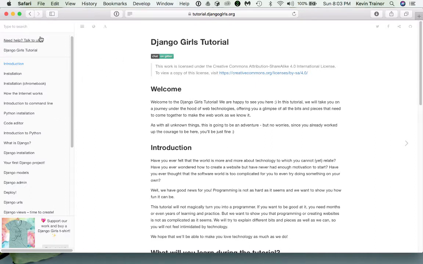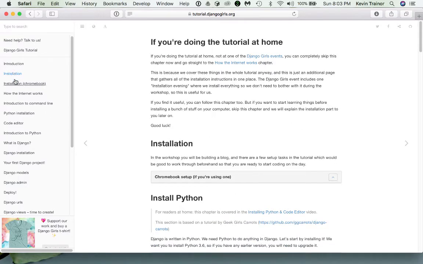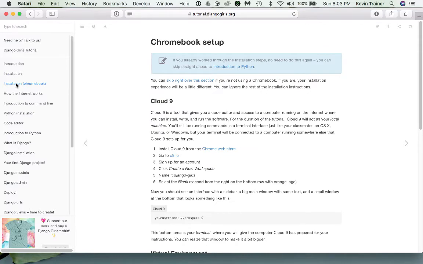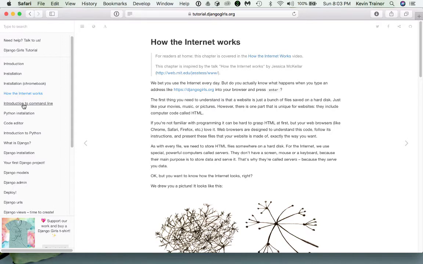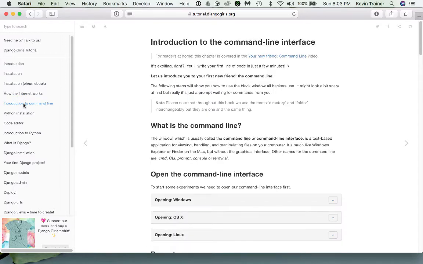We've got sort of a table of contents over here on the left, which I really like. And we got a bunch of pages on the right, and we're on the first of the pages. Okay, introduction, then installation, then installation for a Chromebook, how the internet works, if you don't already know about that, introduction to working at the command line, if you're going to work at the command line. I'm going to show you a point or two about how you might be able to do this with PyCharm. Python installation,